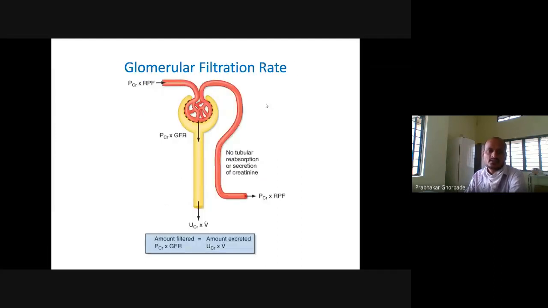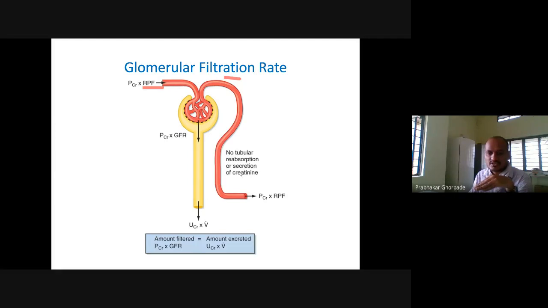So when we were talking about this one, we were saying that this creatinine is directly related to renal function. So how is it related? So we have a Bowman's capsule here. So urine is forming here. So here one afferent arteriole is there, efferent arteriole is there. So blood is coming here, from here, and going from here.